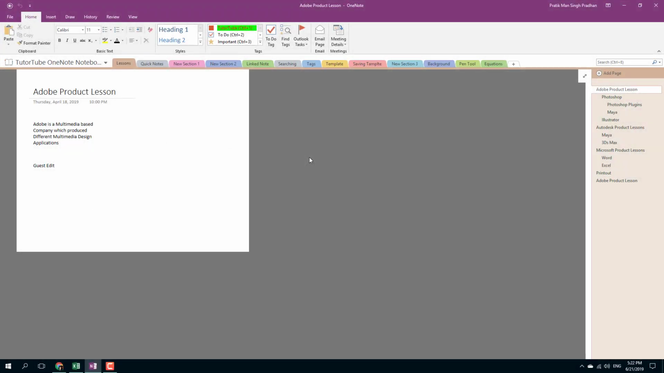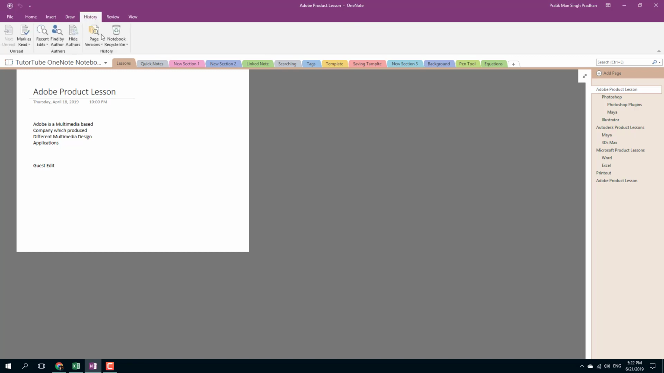In Microsoft OneNote, versioning is automatically done. So let's say, for example, I want to revert back to something I did in the past. By going on to the history, I can look at the versioning. In order to do that, I'm going to go into the history tab right here, and here you can see